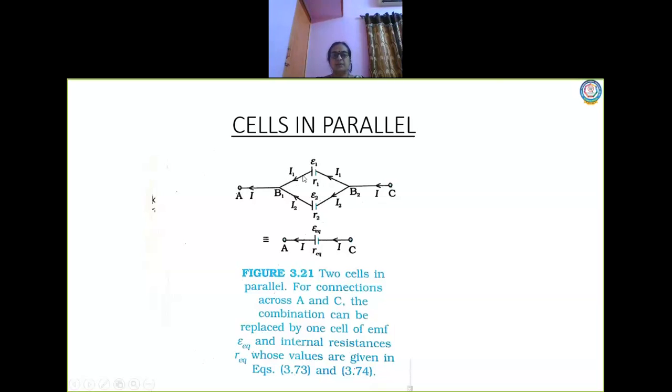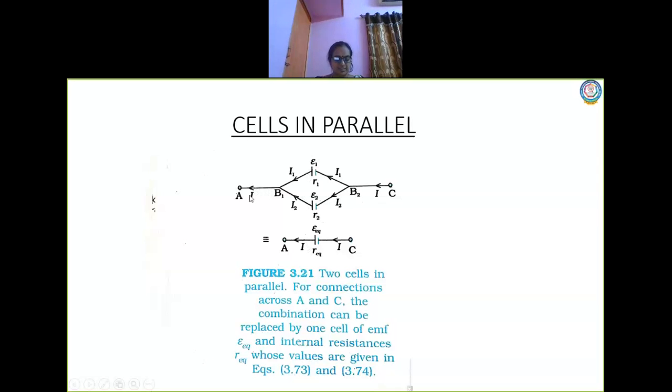Here the current is divided because the cells are connected in parallel. In parallel connection, as we have already seen in the case of resistors, the current is distributed. So since two cells are connected in parallel, the current gets distributed here. That is why you have current I1 and I2. I2 is the current coming out from the cell C2, I1 is the current coming out from the cell C1, and at this junction they combine together as a single current, so the total current will be I. Here the current breaks, right?